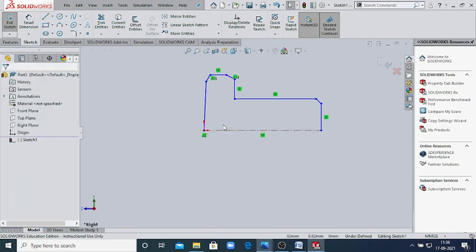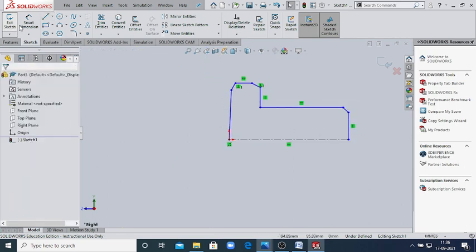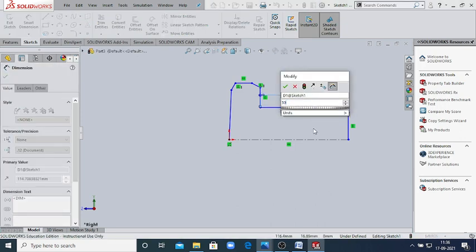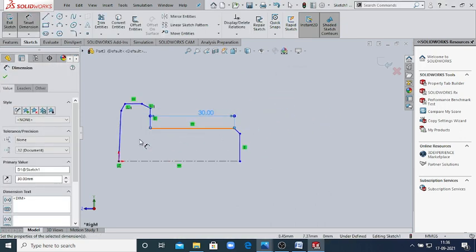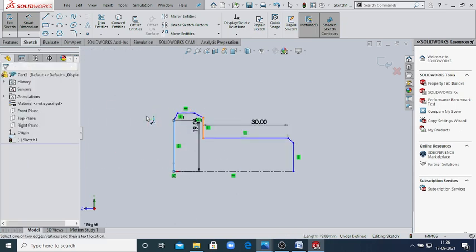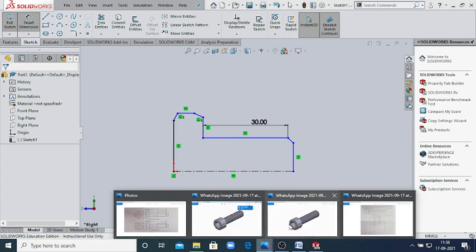First of all draw the rough sketch, then give the dimension of all these values. 30 mm vertical, then OK. Now set the values according to the calculations.